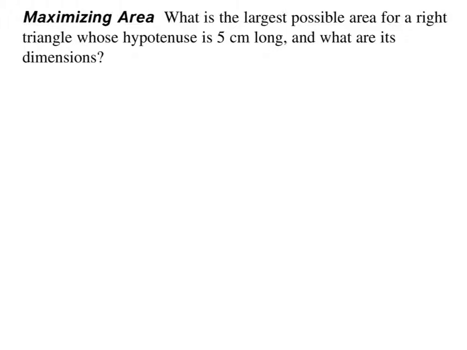Okay, if I was to draw a triangle, make it a right triangle with a hypotenuse of 5 centimeters long. If I was trying to represent this with one variable, I could call one side x, and then I'd need to use the Pythagorean theorem to solve for that other side. So I'm trying to figure out, what is this unknown side over here? I'll just call it a right now, but I don't want it to be a, I want it to be